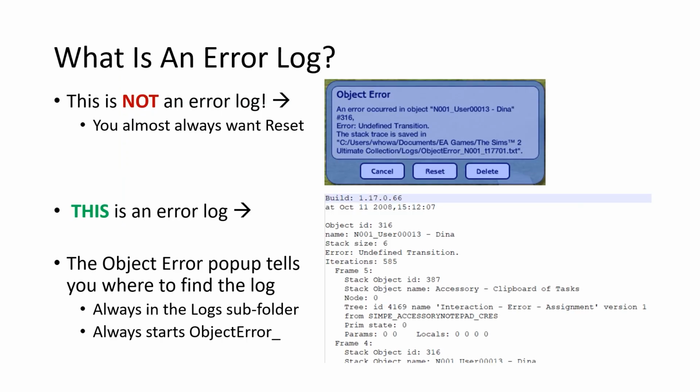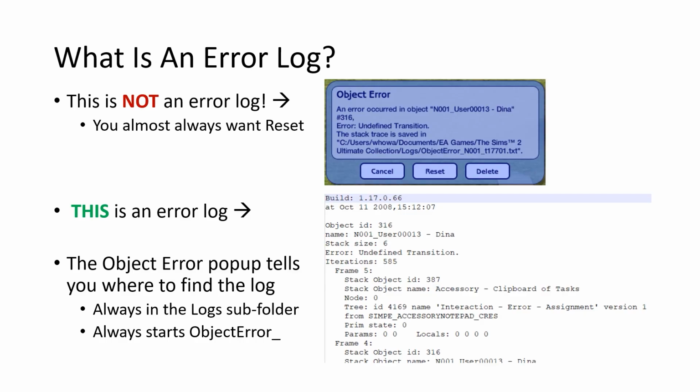So what is an error log? You get a lot of people in the forums go, "Oh, I got an error," and they send you a picture of this little pop-up object error box and they go, "And the error log said this." That is not an error log. The error log is the text file that it references. So in that at the bottom we can see it says it's C users, documents, EA games, blah de blah de blah, object error